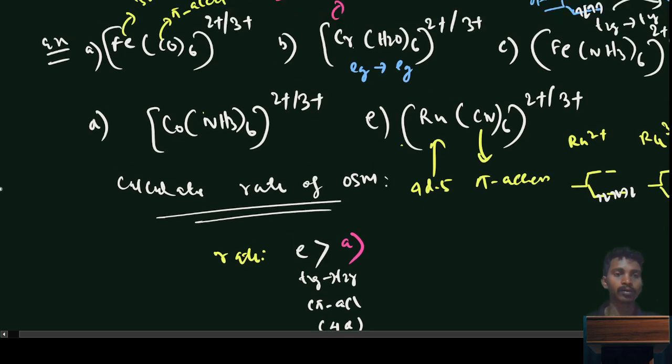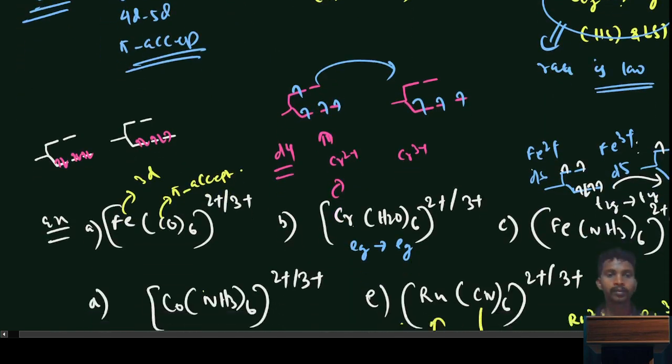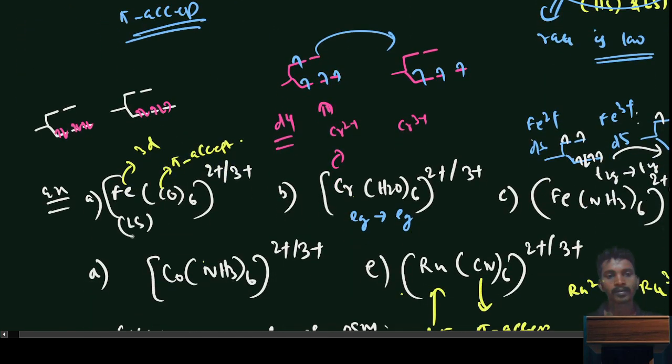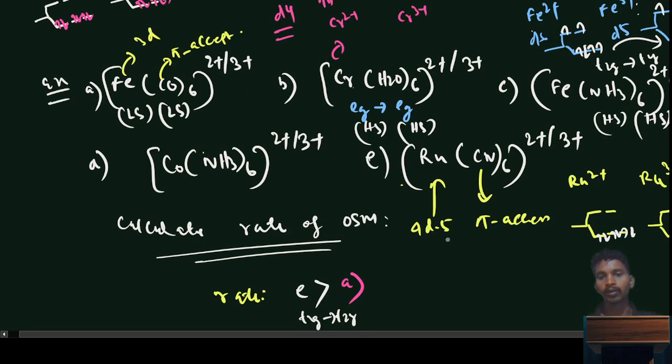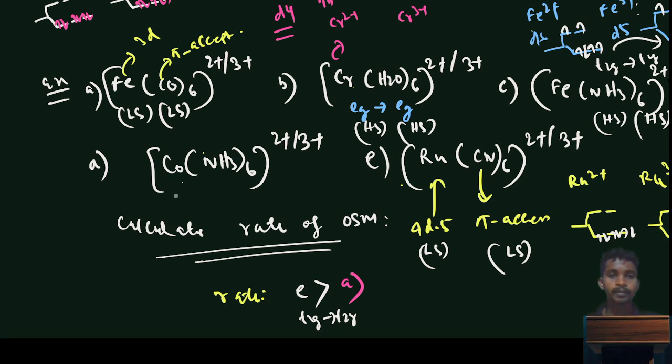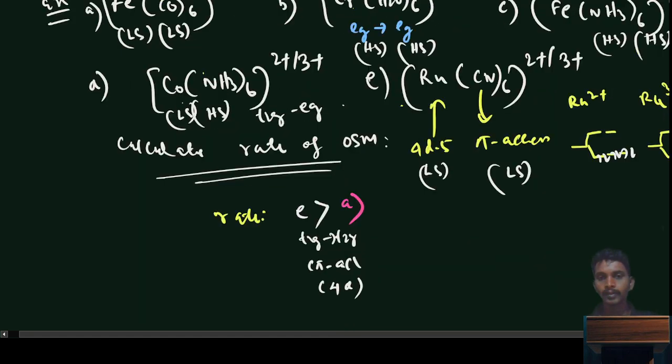And in this case we see cobalt. Here we see that both are low spins. Here both are low spins. Here what you see is that both are high spins. Here both are high spins. Here both are low spins. But for the one we have solved, one is low spin, another is high spin. Also this is T2G to EG. So the rate will be E